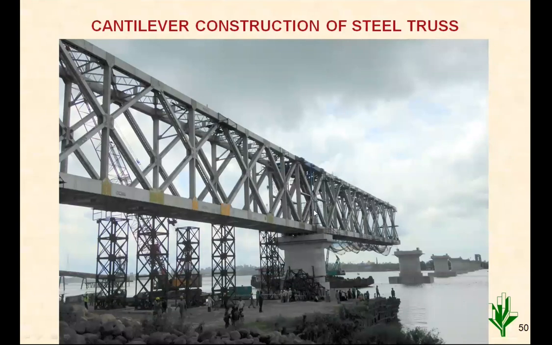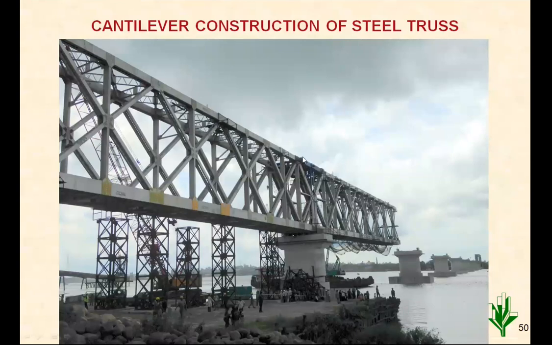So in erection, you will find that the truss is connected with some linkage. The linkage is provided at top, and then the material is again fed from the backside or by floating barges. So anything can be done. In this case, I think a floating barge has been used, and this material is given. Then node by node, they will go on erecting till the end of this span, that is, reaching the next pier location.